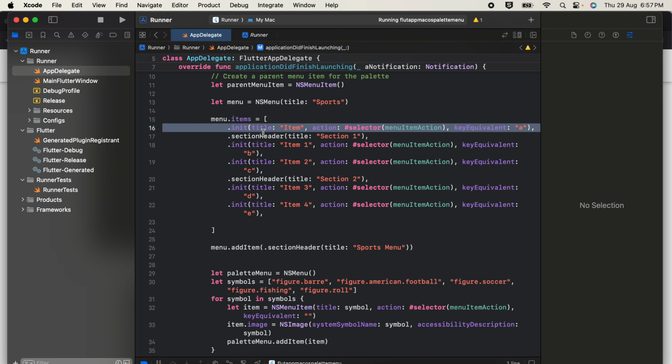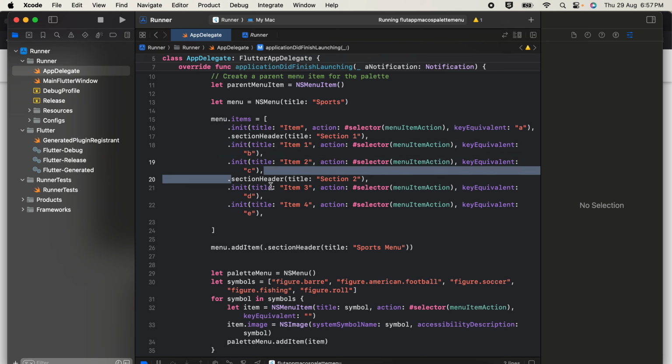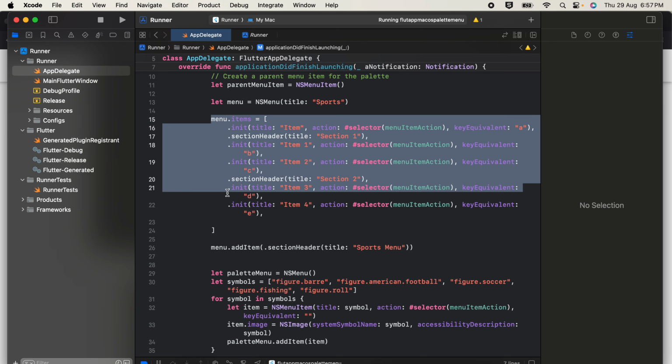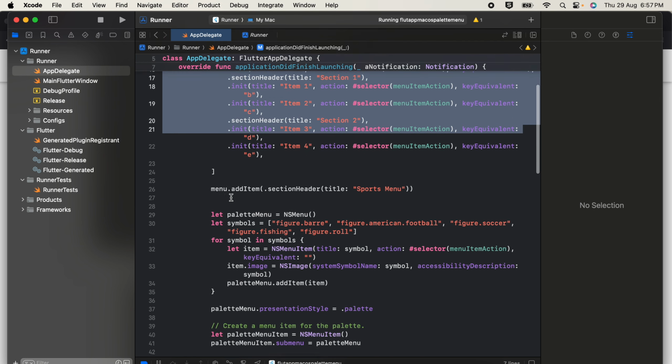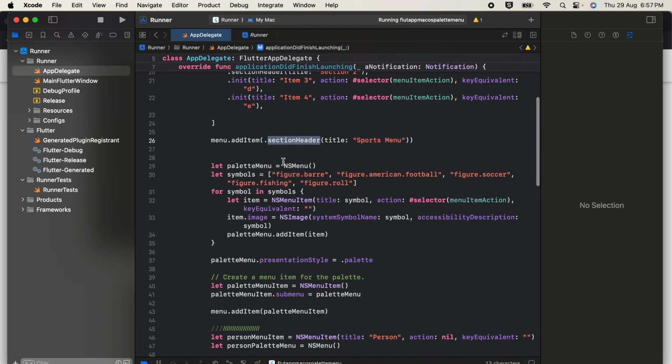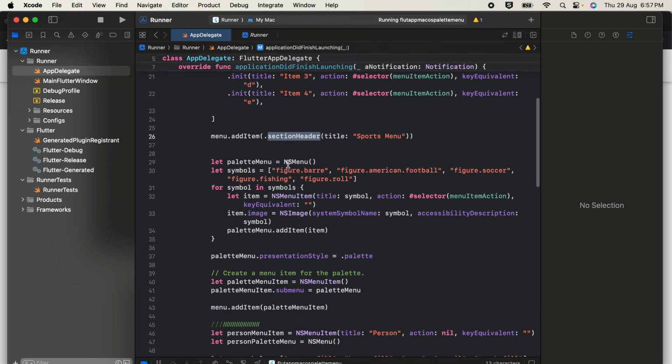So this is the item 1, this is our section header, then I have again created two items, I have assigned this click listener method to all of them, then again a section header, then again two menu items. So this is one way. Again this video is about a palette menu, so I'll come back to that. Again a section header. Now here is a palette menu, so all you have to do is just create an